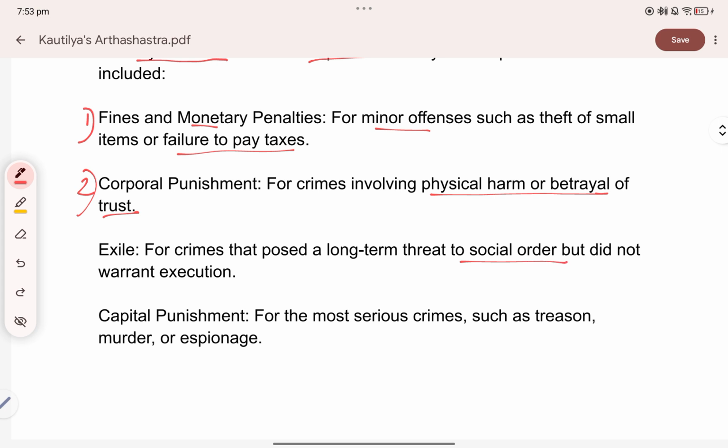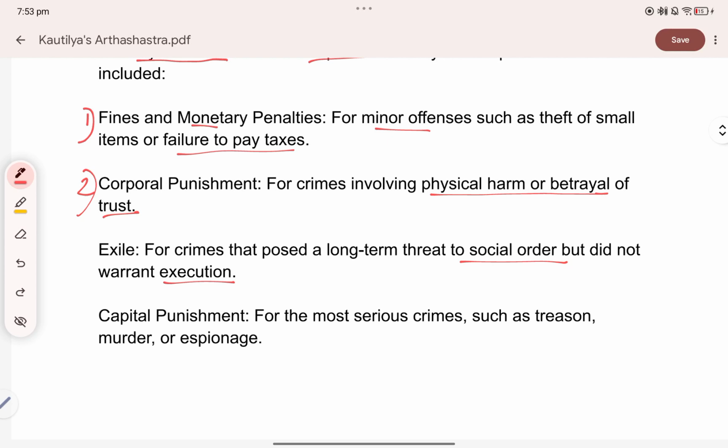That was a threat to social order but did not warrant execution. What do they mean? Basically, exile is when we expel someone from a kingdom. It is called an exile, like Ram ji went on an exile, right? So